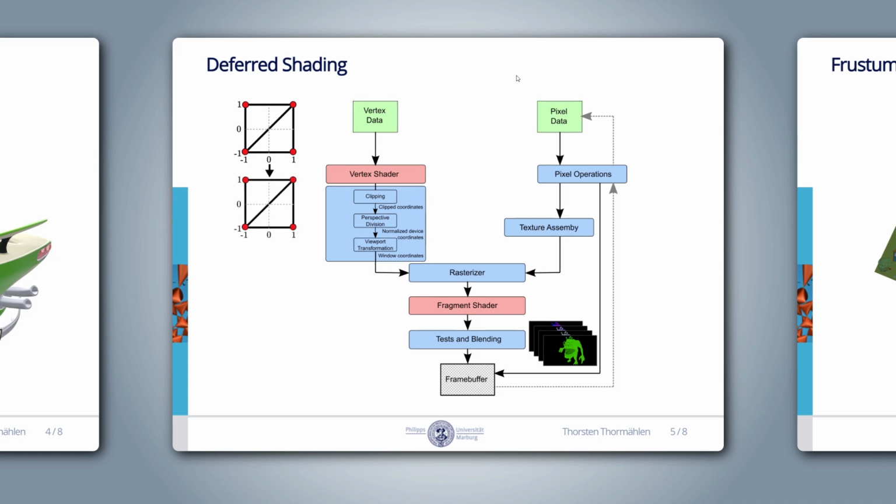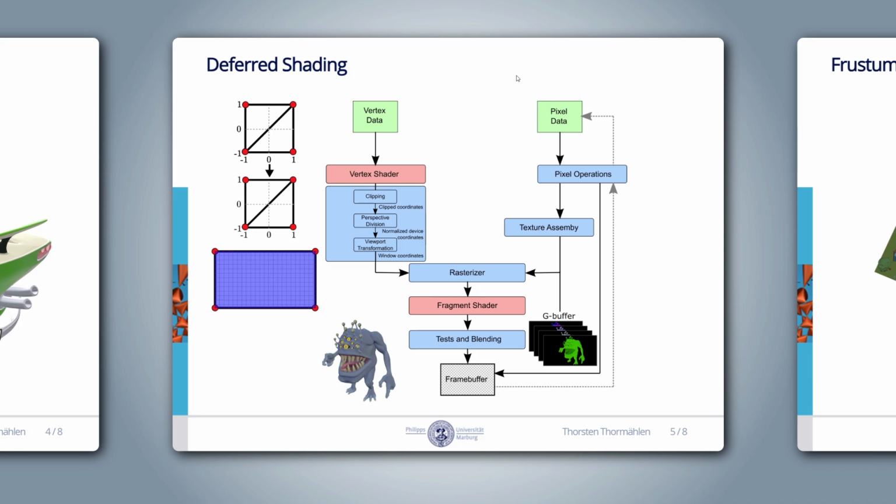The viewport transformation then scales the quad to cover the entire screen. The rasterizer processes the screen-sized quad and calls the fragment shader for each frame buffer pixel in parallel. In the fragment shader, for each output pixel, we read the information from the G-buffer at the location of the output pixel. We get the geometry and material data of the closest surface from the G-buffer, perform the lighting calculation, and write the result to the frame buffer.